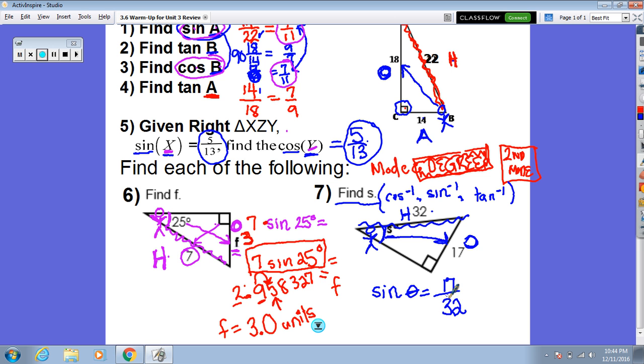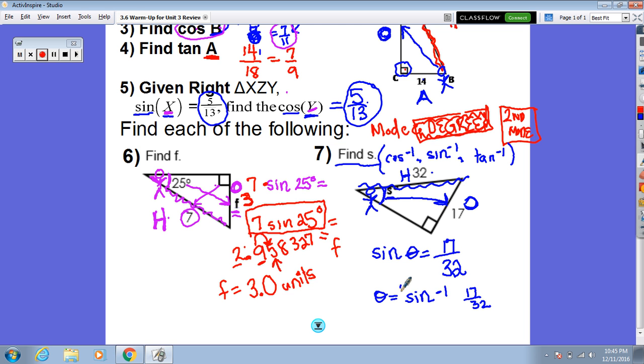Alright, so now we have to solve for our angle. Well, that just means that we're going to do the inverse. So I do sine, the inverse of sine, and we do 17 divided by 32. Okay? So this side, when I type it in my calculator, is going to give me my answer. So we'll know what S is. Remember, theta is just the angle. So we do inverse, so that means I hit second and then sine, so that you have the little -1. Alright, and then 17 divided by 32. Alright, so my answer, I get